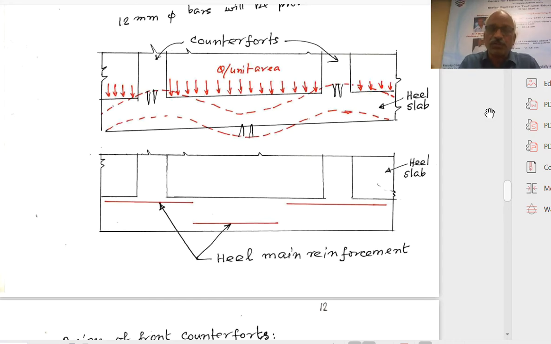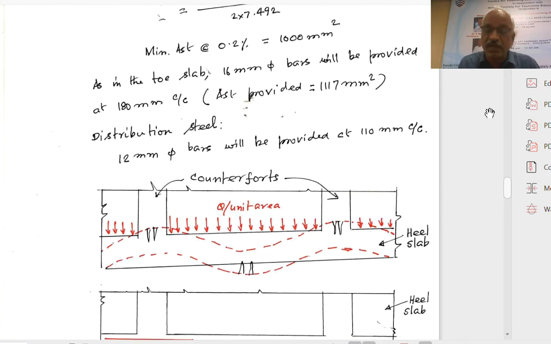Between the adjacent counterforts, the load on 1.5 meter length of the heel slab on the right hand side and on the left hand side is a downward force that will try to cause a separation between the counterfort and the heel slab, because of this pressure acting over 3 meters minus, of course, the width of the counterfort. So to connect them, we have to provide vertical stirrups. Therefore the net downward pressure in the heel slab will also be important.